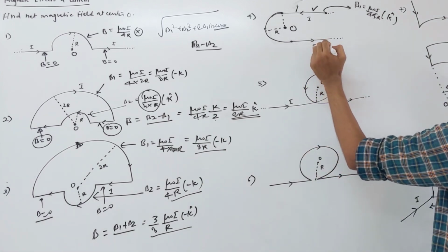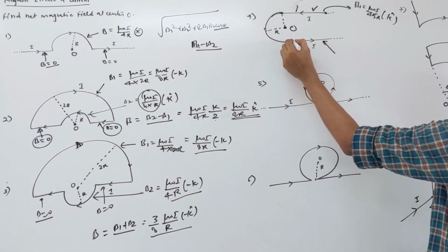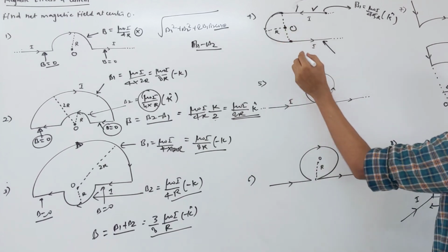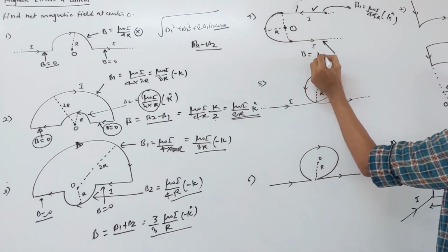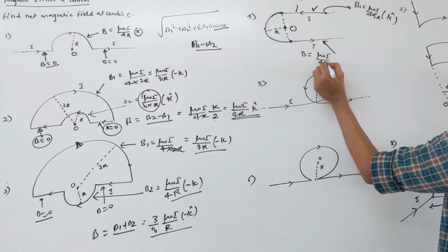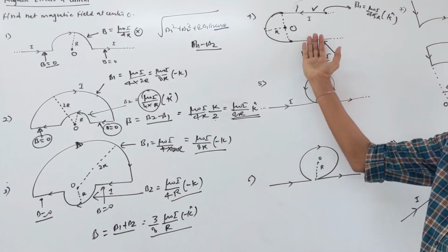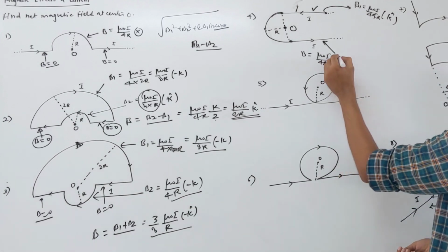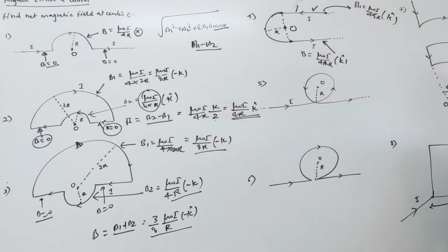Due to this straight wire, this also, for this wire, so end of the wire case. Yes. So same formula, B is equal to mu naught I upon 4 pi r, and what is the direction? Look here, again field is outward. So this field also is K field, correct. Now what is remaining?